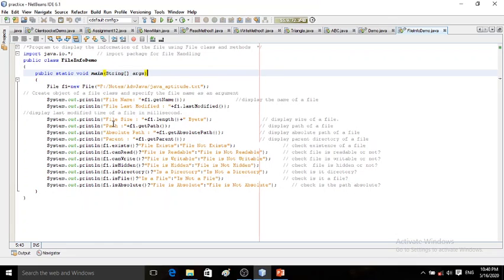Then System.out.println path: f1.getPath. I want to display the path of the file, so it displays the path of a file, that is F:/notes/advanced java/java aptitude.txt. This path will get displayed.